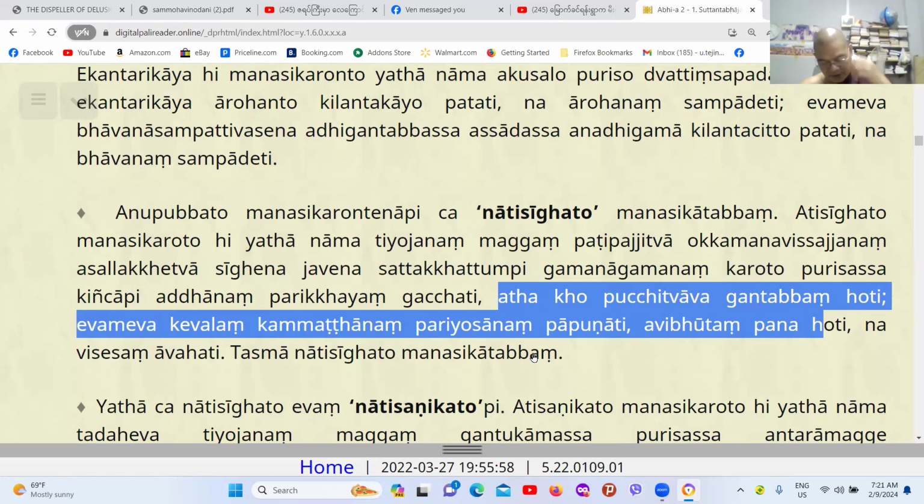In this way, even if he recites all these parts, Kesa, Loma, Naga up to Mota, Kesa, Loma, Mota, Pro Mota to Kesa, Pro Kesa to Mota, even though he reaches the end of the recitation of the parts of the body,